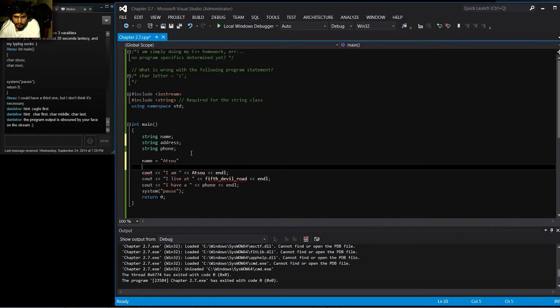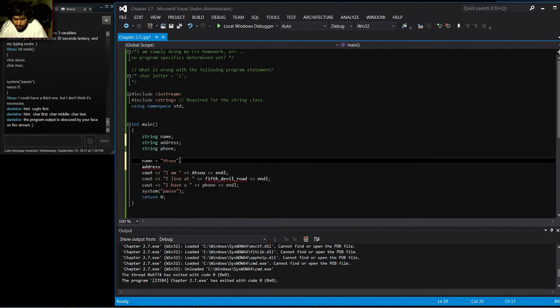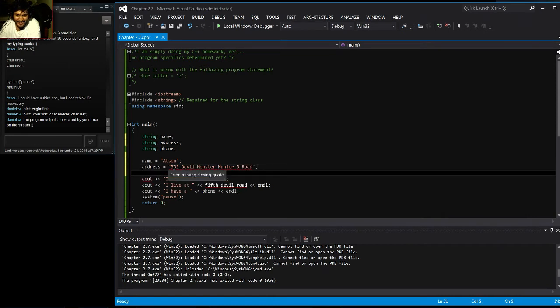And then I'm going to define address. Sorry, I actually need to learn to end them with this. Address equals 555 Devil Monster Hunter 5 Road. Phone equals